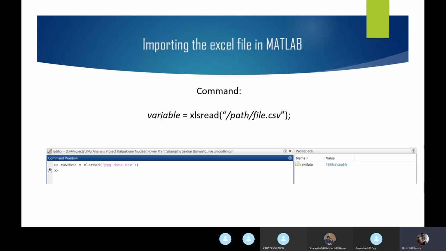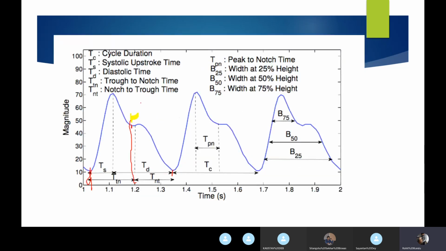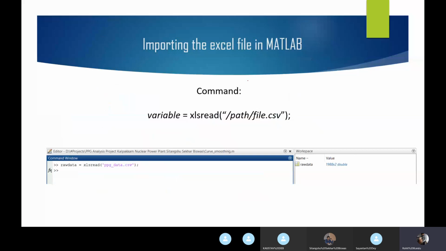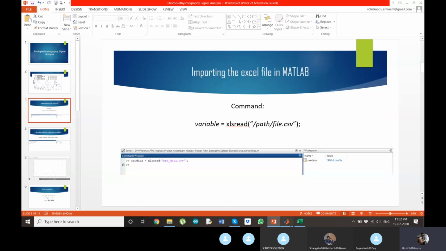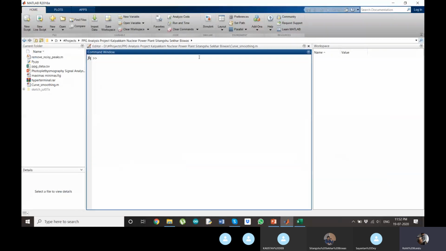Okay. So first we have to import the Excel file into MATLAB. For doing that, we use the command xlsread. So I have shown a screenshot here. The variable I've used is raw data, xlsread, and then either you can just give the name of the CSV file if the path is set to that particular folder.